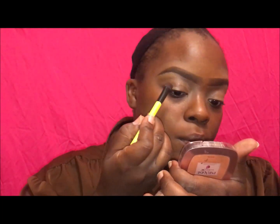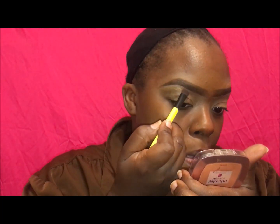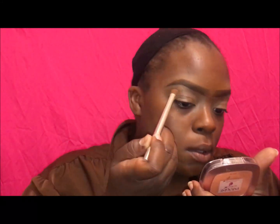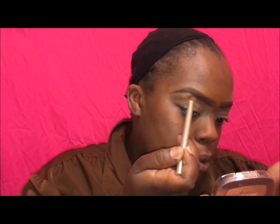So next I'm just going to go ahead and highlight under my brow and the arch before I go in and start working on my eyeshadow. I like to do an initial highlight under my arch just because I feel like it blends out a lot better. So I'm just going to do that, and then